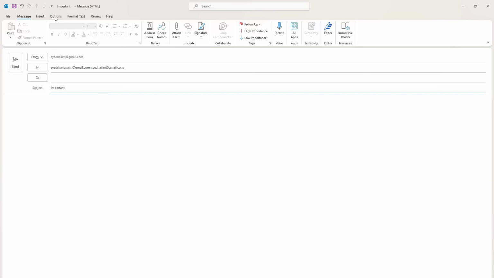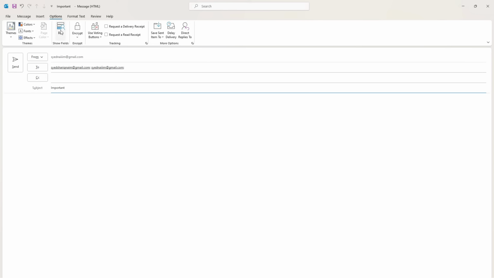You see on the top there is the Options tab, and under the Options tab you see BCC. So this BCC is very important also. This shows the BCC field in which you can specify people who will receive the message secretly. You will send the message, but the people you are sending it to in To and CC will not be able to see them.